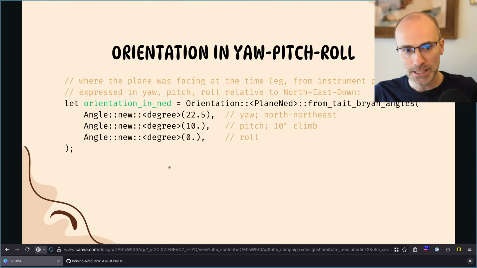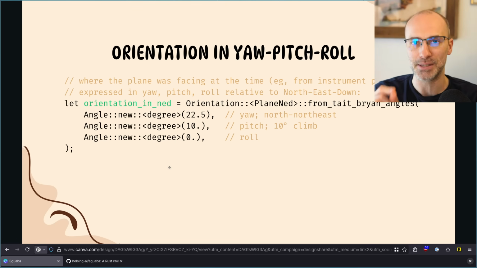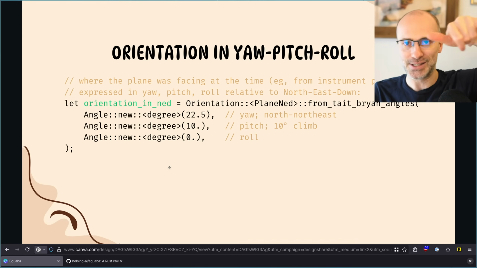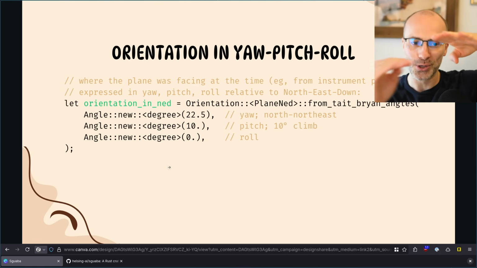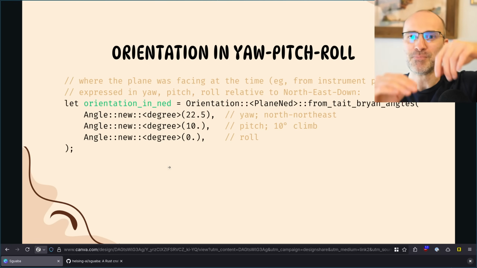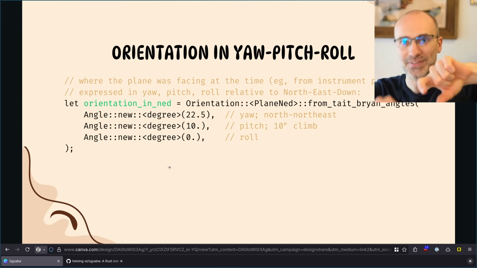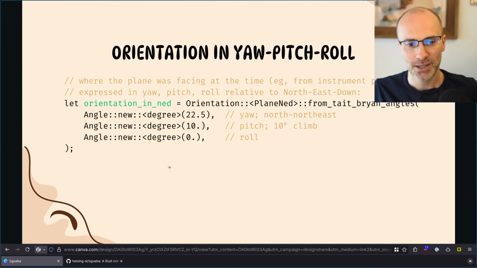effect first. The way to get around this with a builder would be to have a builder that uses the type state pattern to say that the yaw is the only thing that can be set, and it must be set first. So you create a builder, the only method on it is yaw. Once you've set the yaw, then the only method you can call on it is to set the pitch. Once you've set that, the only thing you can set on it is the roll, and only when you've set that can you call build. So that would enforce that same ordering.